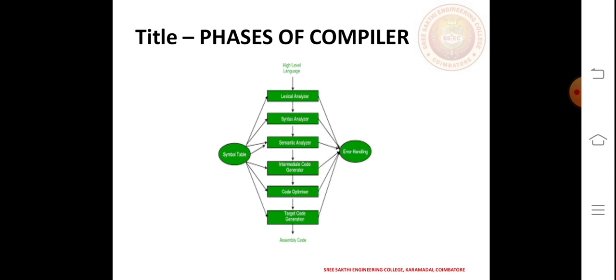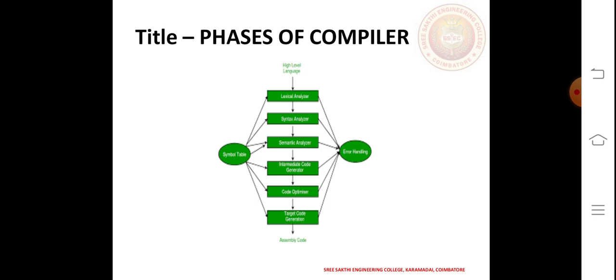First, the input, that is the high-level language, will be given as an input to the phases of the compiler. Once crossing through all these six phases, we get low-level language as an output. This is actually how we define a compiler. A compiler is a translator which converts the high-level language to a low-level language. High-level language means the language which is understandable by humans, that is languages like C, C++, Java. And low-level language is a language which is understandable by machine, that is the mnemonic codes or the binary digits, zeros and ones.